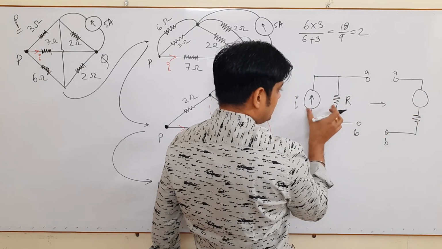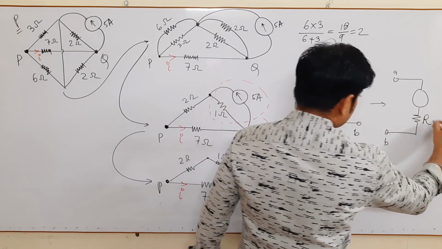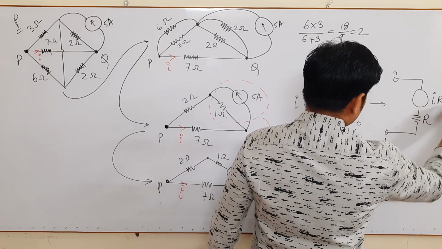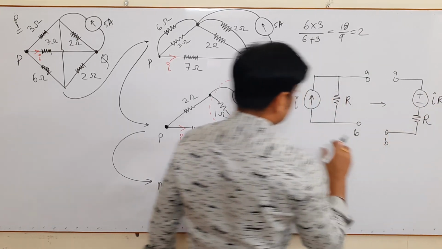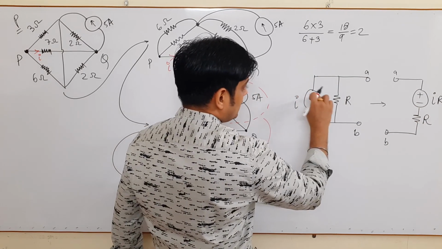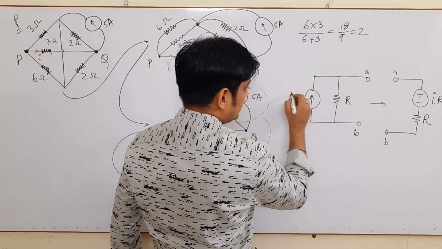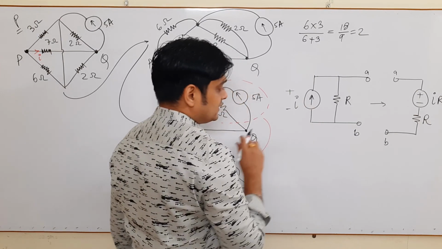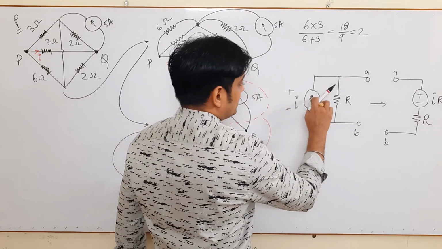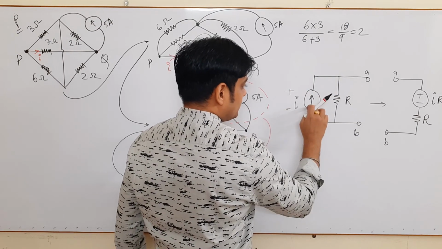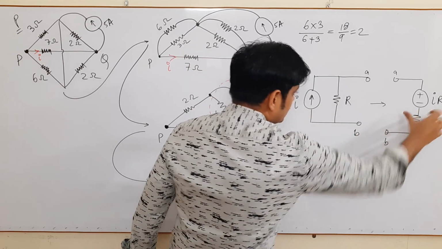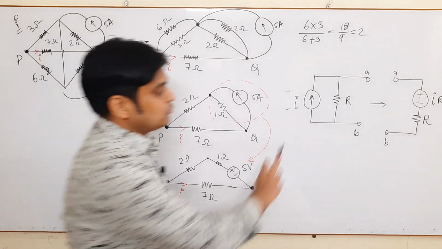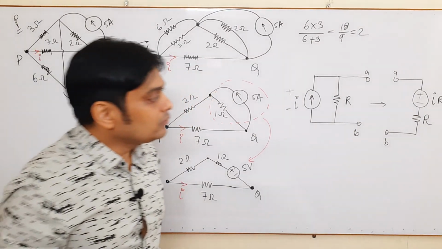How? Just by multiplying. The resistance remains R here, and the voltage will become IR. And very important, the direction follows the direction of the current. Whatever the direction of the arrowhead, that represents positive, and whatever its tail represents negative. Please keep in mind, very important concept. The head represents positive, the tail represents negative. So this is its equivalent source transformation from current to voltage.